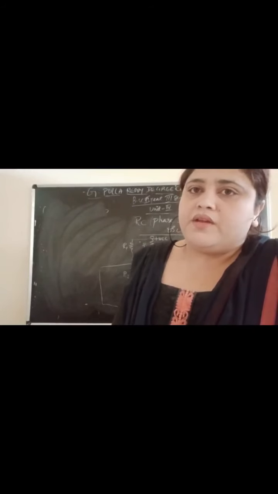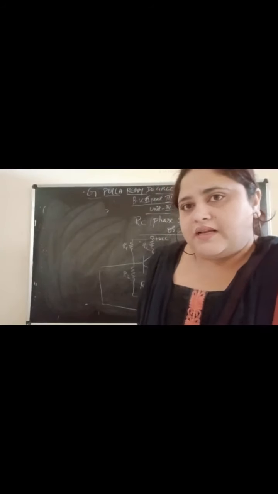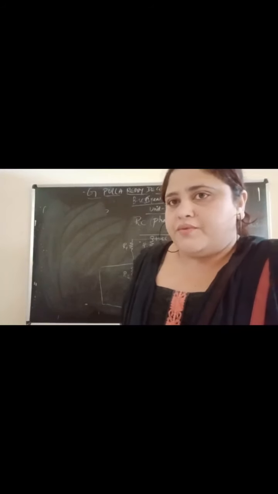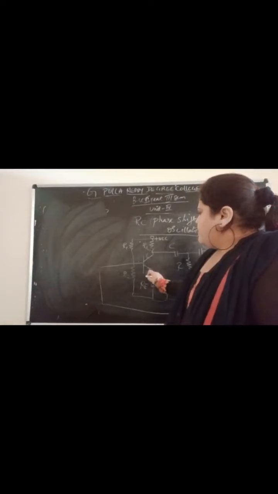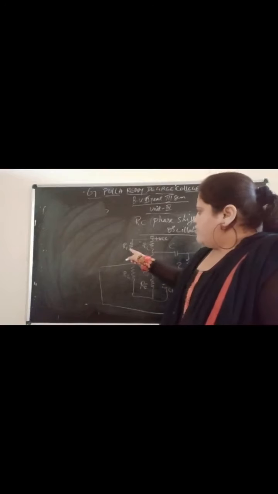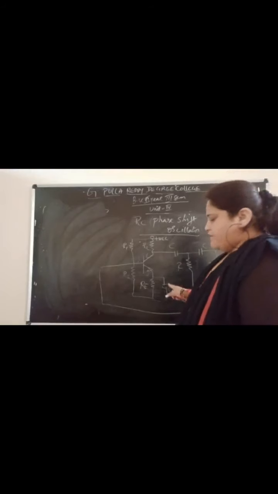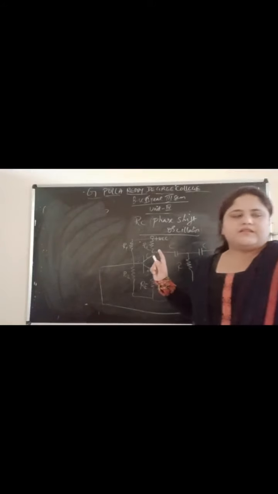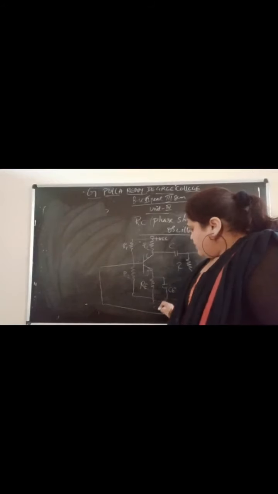Today we have done a recap of your previous classes, as well as studied only the circuit diagram of the phase shift oscillator. What do you have to do for the phase shift oscillator? Base, collector, emitter. This is the diagram. First you should draw the transistor, then you have to draw resistances R1, R2, RE, RL. Then the emitter bypass capacitor, then you have to draw CR, CR, CR, which is nothing but your RC network. Then you can ground this.